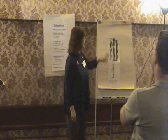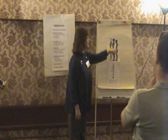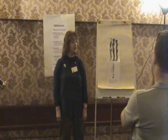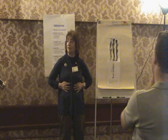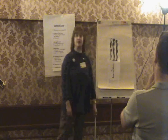Here we have three gentlemen standing in three different postures. This one, like this, not doing himself an awful lot of favours, cannot get very much air in because this is all squashed up and this is where his lungs are. Okay. This one, on the contrary,